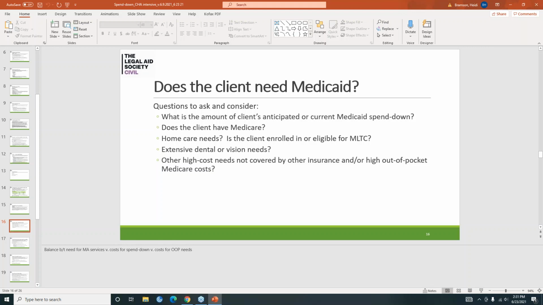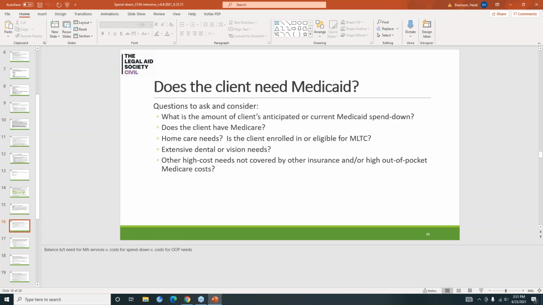So does the client need Medicaid? Some helpful questions to ask: what is the amount of the client's anticipated spend down or current Medicaid spend down? Does the client have Medicare, or really other coverage as well, I should include that. Does the client have home care needs?